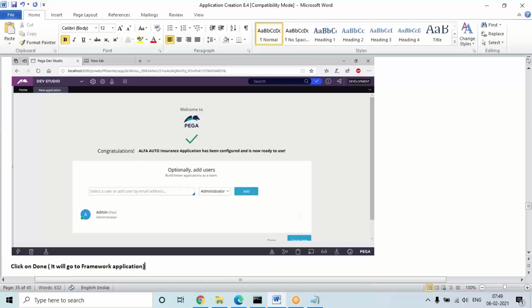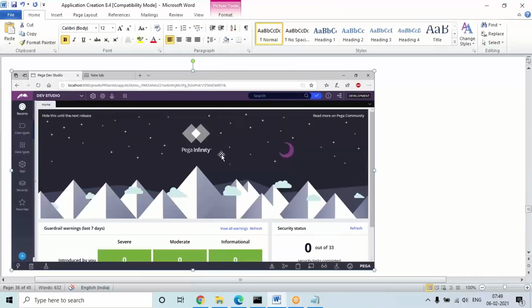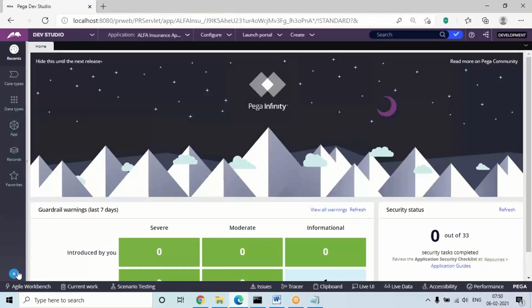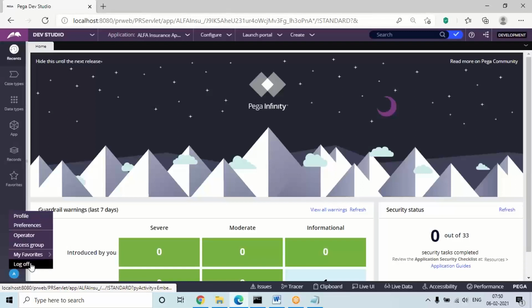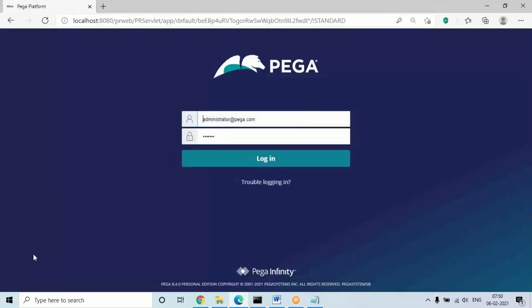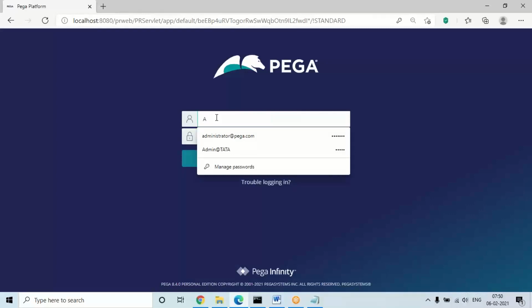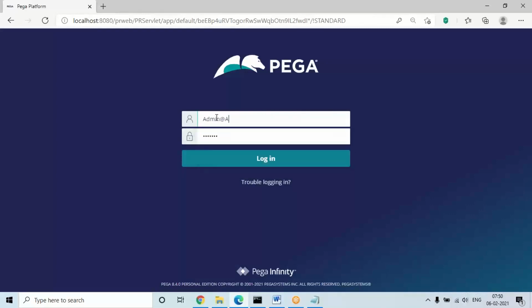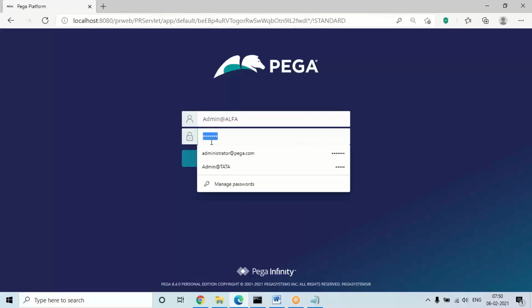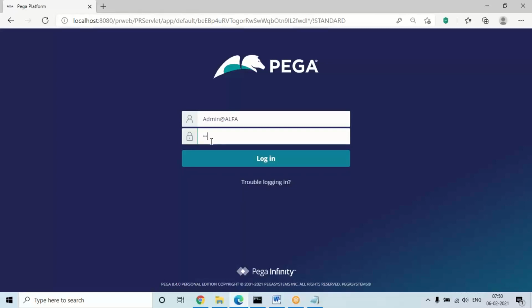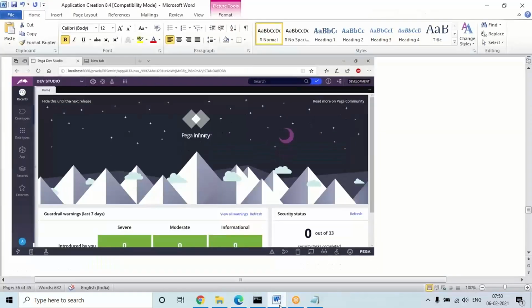So from here, once it goes to the framework, right, we have to log off from here. See in the footer, you can see there is a menu called admin menu. So here you will have the log off option. So here click on log off. Now log back in using the previous ID. So what ID was earlier created? So I think admin at the rate alpha is the ID given. So enter that ID, admin at the rate alpha, and your password will be the updated password, rules. So the same ID we'll be using for logging into the implementation now. Okay, so enter the ID admin at the rate alpha.